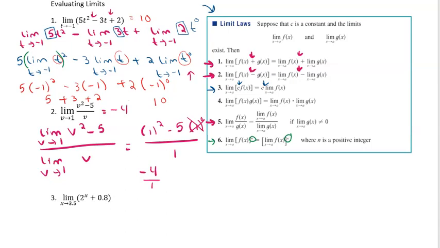And for number 3, we don't have any special cases. We don't have any division by 0. So from exploring our limit laws, we have seen that we can substitute straight in. So this is going to look like 2. And in the parenthesis for the exponent, we have 3.5 plus 0.8. So if we simplify that down, it looks like it's going to be approximately equal to 12.1